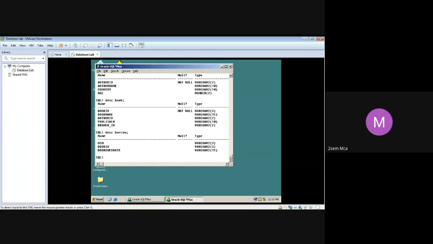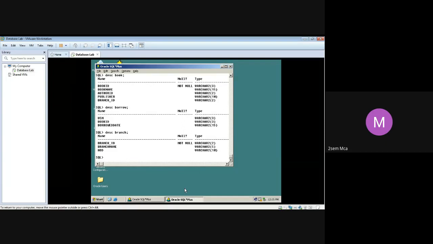All right. Shall we move to the insertion part? Let's first insert into the branch table. Always keep your description ahead of you so that you know what you are supposed to enter in what order. Order is important when you enter. Let us all stick to the second syntax. Insert into branch values.